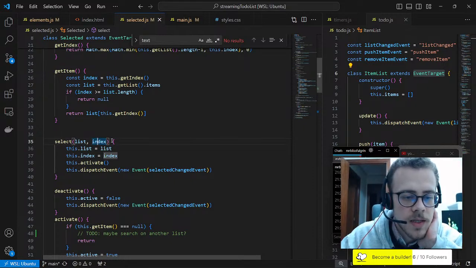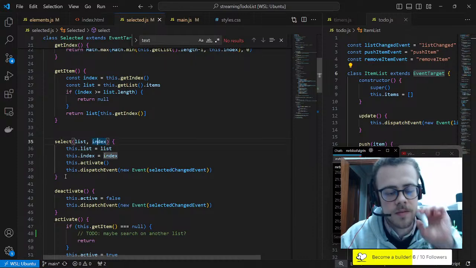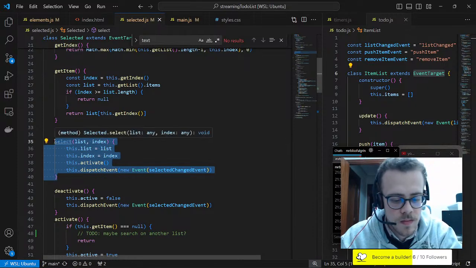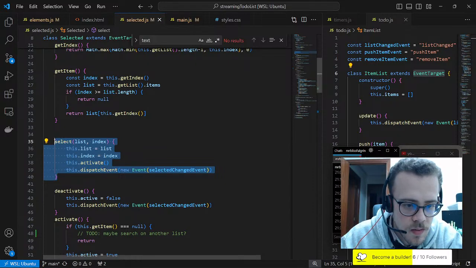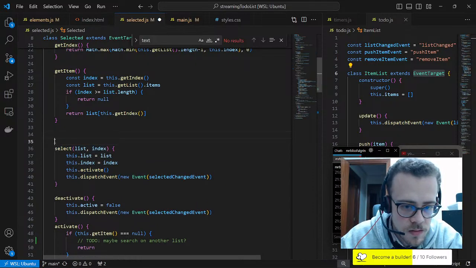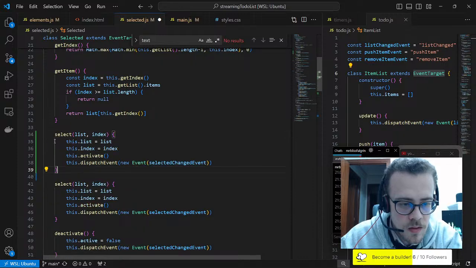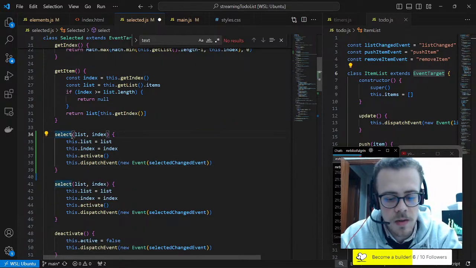Select with list and index. Right. We could do that. Or we could do select element